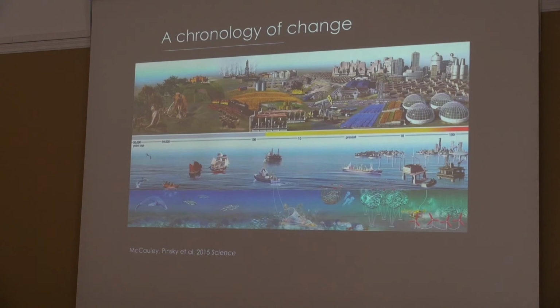So I think one of the key questions is, are the oceans headed in the same direction that we've seen on land? In some ways they've been lagging behind the transformations we see on land. They've been protected by remoteness and inaccessibility, especially to human activities, but are we moving towards a future in the ocean where ocean habitats are also transformed at global scales in a similar way to what we've seen on land? I think the exciting part, though, is that we're at a point where we're not there yet.